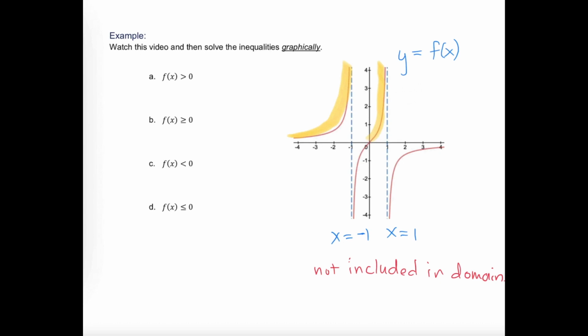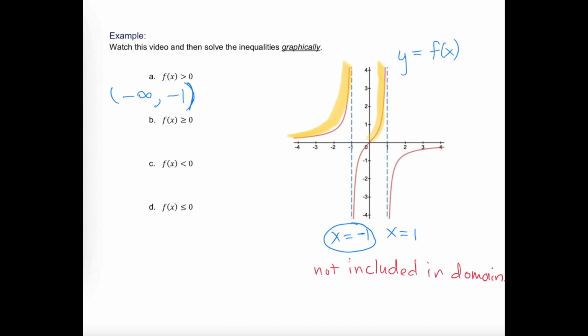So, where is it positive? Well, the x values that generate positive y values start off at -infinity, and we come up to -1. Now, -1 cannot be included because as a domain restriction, the function does not exist there. So the y values are not positive, the y values don't exist. And so if the y values don't exist, -1 could not possibly be part of the solution to this